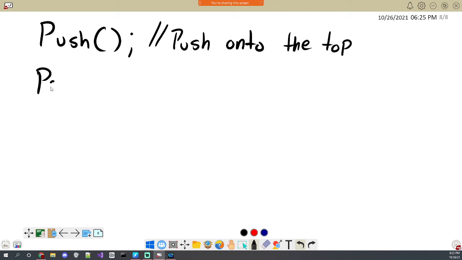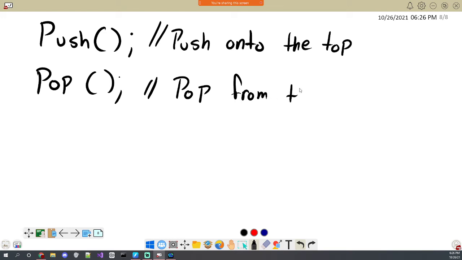And then whenever you remove something from the stack, it's called a pop. And then we pop from the top. So notice that the focus of this is always the top, whereas the line, we always had a front and a back. This, we just have the top, and that's the only thing that we need to concern ourselves with, because the bottom is never something we want to touch. At least assuming that it's not also the top.